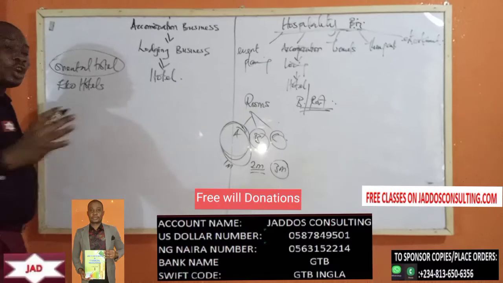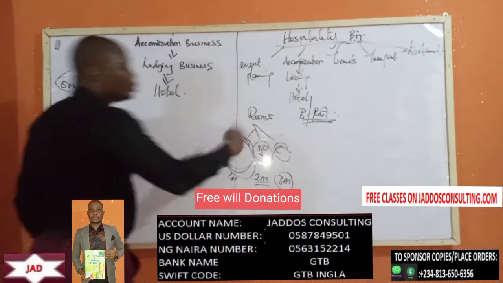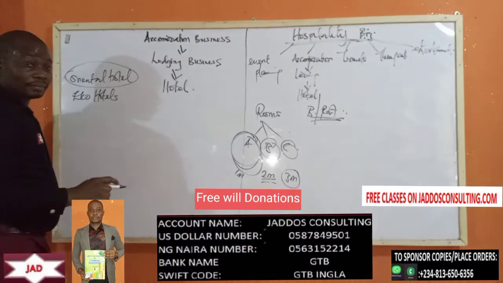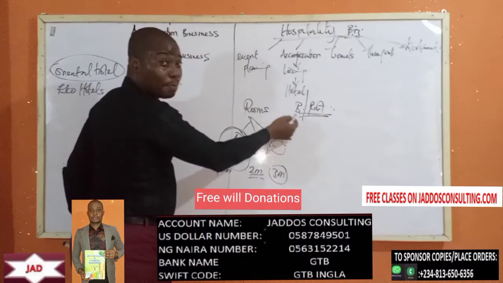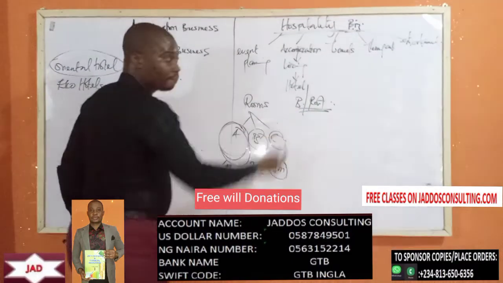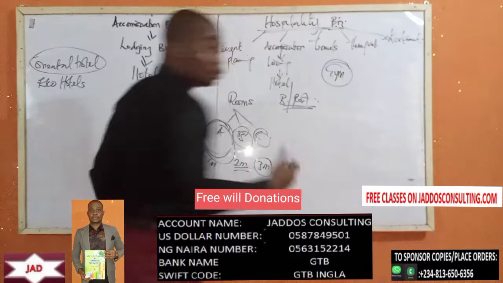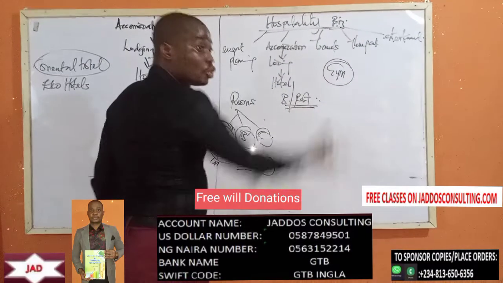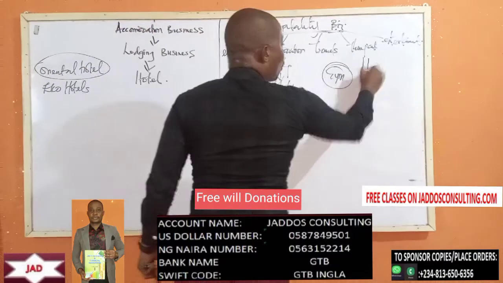So what I'm trying to achieve here is to let you understand where the revenues of the hotel business are likely to be. They give out the rooms at a fee. They operate a bar where you go buy things and pay. They have gyms. Okay, in the gym, you pay subscriptions to belong to the gym club where you can visit to do your exercises. Sometimes they have what we call halls.